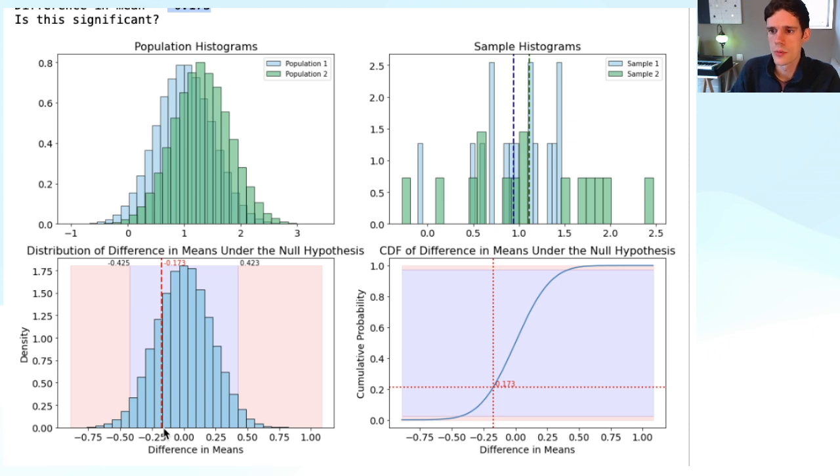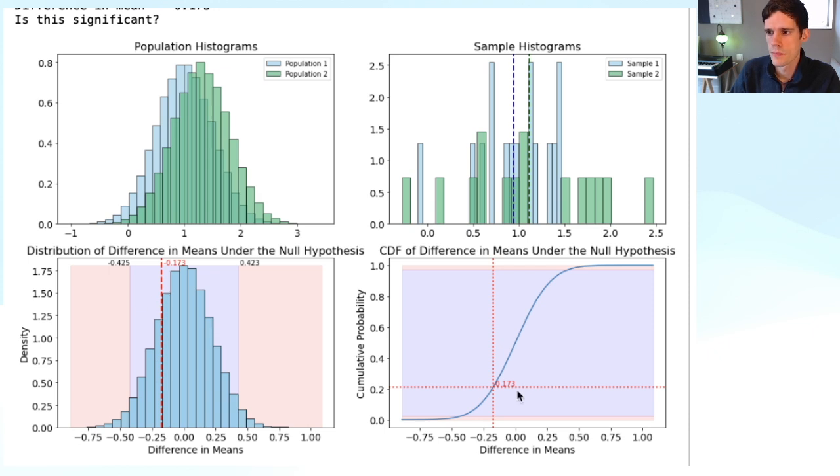In this case, our observed value is this red line right here, this minus 0.173, and we want to compute the percentage of data in this distribution that is more extreme. Now these percentages are more clear if we look at our cumulative distribution function. We see that our specific observed value, this 0.173, lies at roughly 20%. So this means that 20% of data is lower than our observed value and thus more extreme on the left-hand